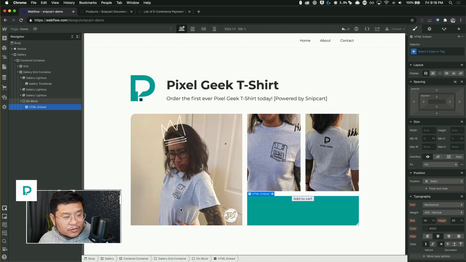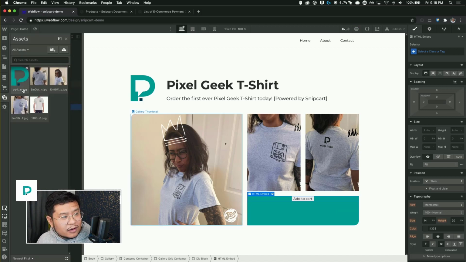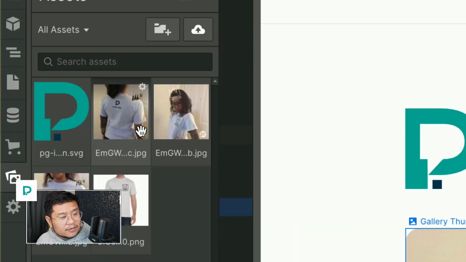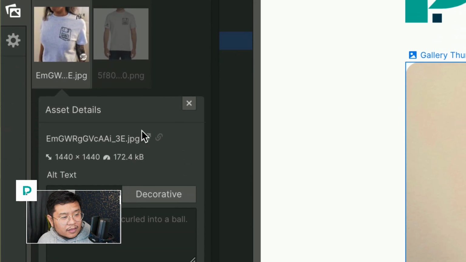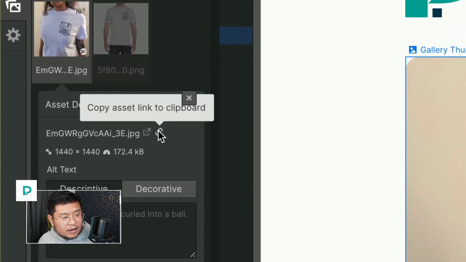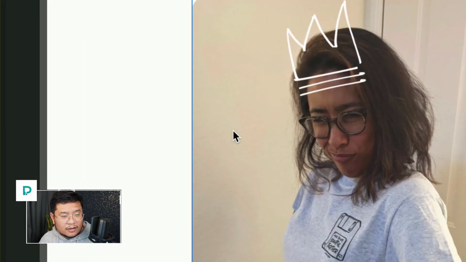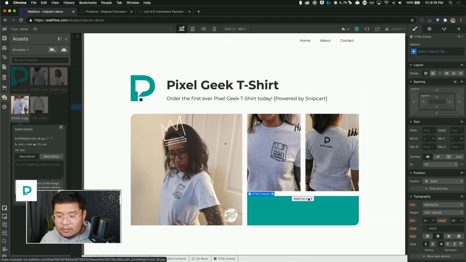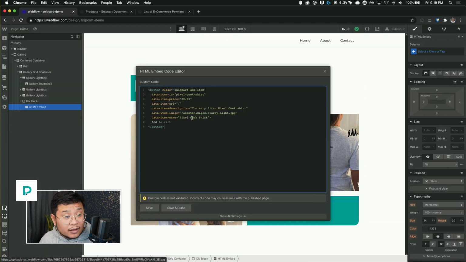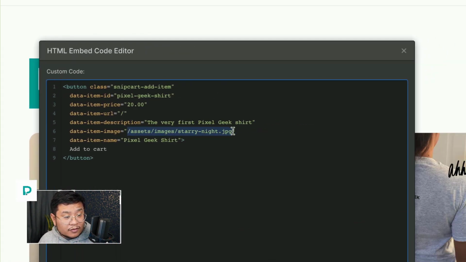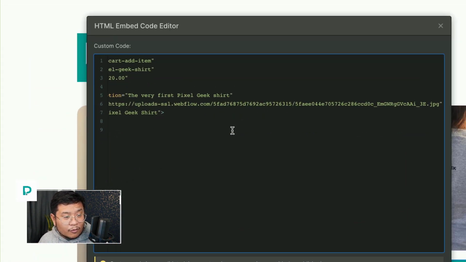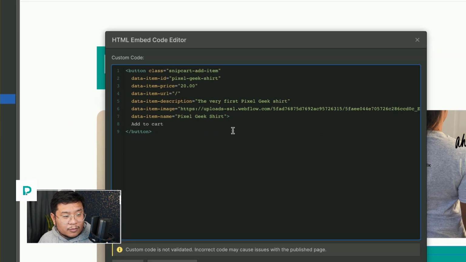Just save and close. Let's go to my assets panel, and let's go ahead and get this one. So I'm going to click on the cog, and then copy that link, and then double click my HTML embed and replace this with the actual URL that Webflow assigns that image.